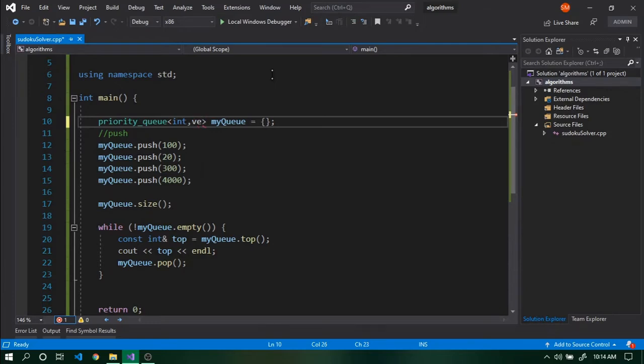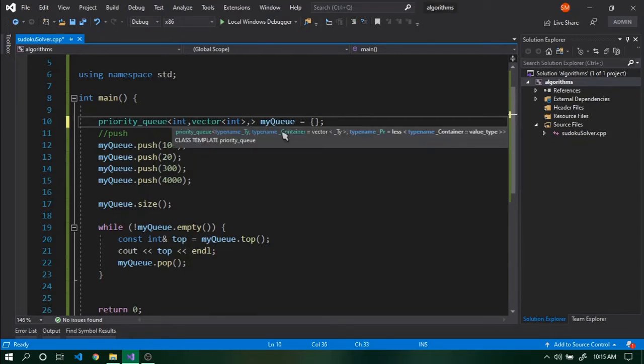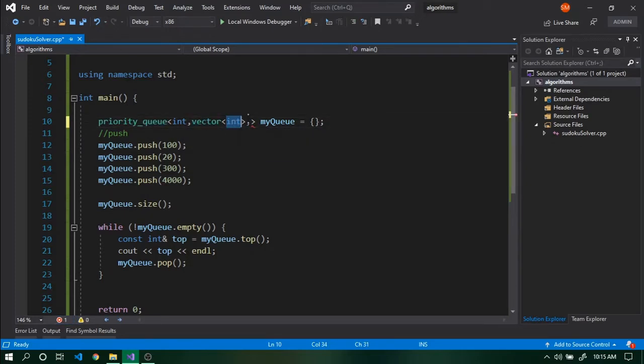In our case, we simply want to use a vector of integers. This is the container being used inside that priority queue. That's why these kinds of containers are called derived containers, because they are not independent containers. They use other containers to store the values and operate on those containers. In our case, our priority queue is going to use a vector of integers to store its values.